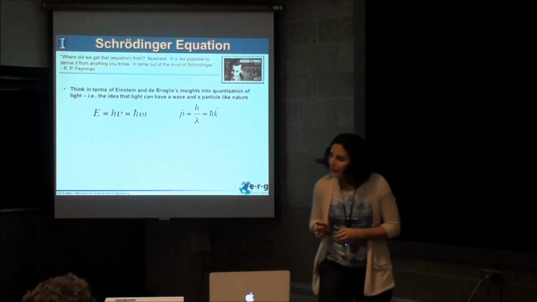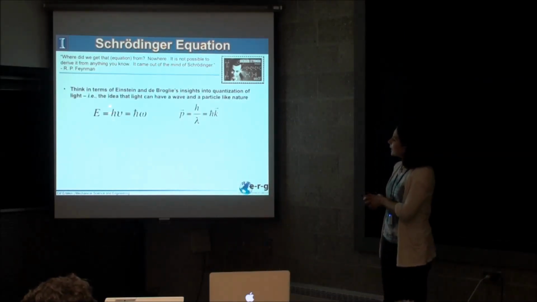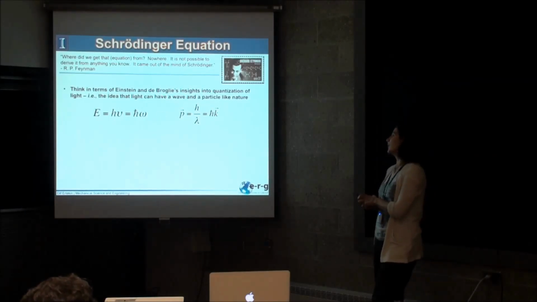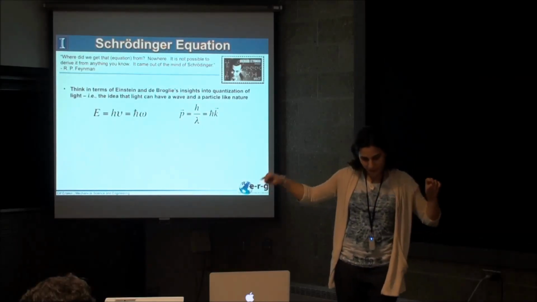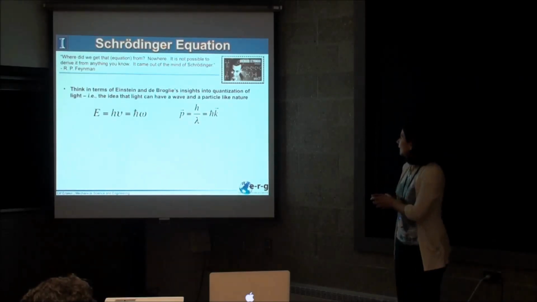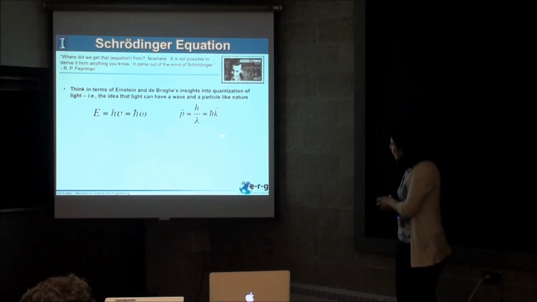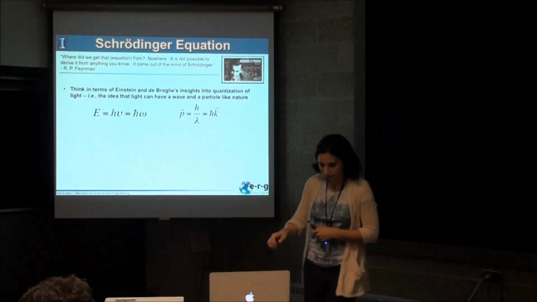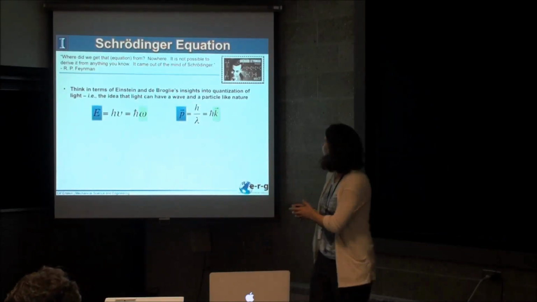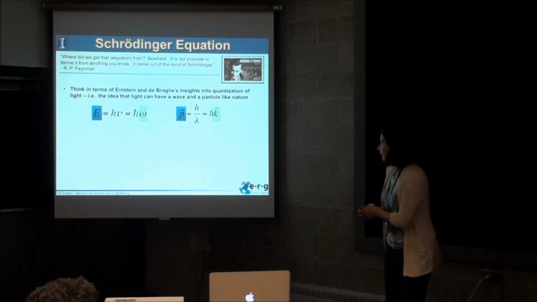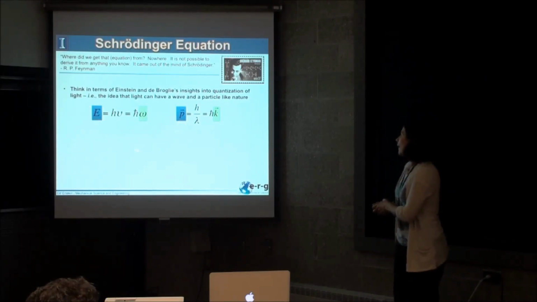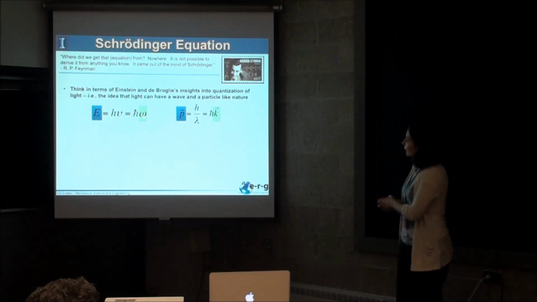Well, I can try to give a little bit more insight. If we think in terms of Einstein and de Broglie's insights into the quantization of light, these critical ideas said light is not just a wave, but it's also particles. That light can have both a wave and a particle-like nature, and these expressions here make that connection, right? Here, these expressions connect in the blue what I would call quantities we usually attribute to particles. Particles have well-defined energy and momentum, but they're now being connected to characteristics we usually associate with waves, angular frequencies,